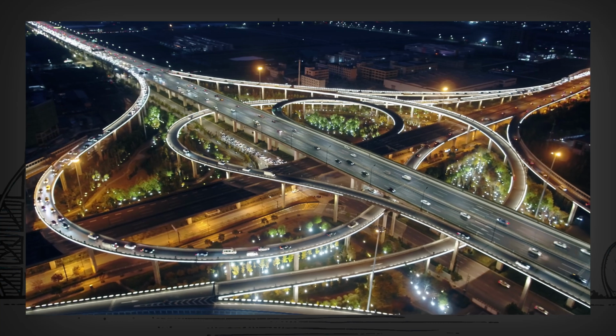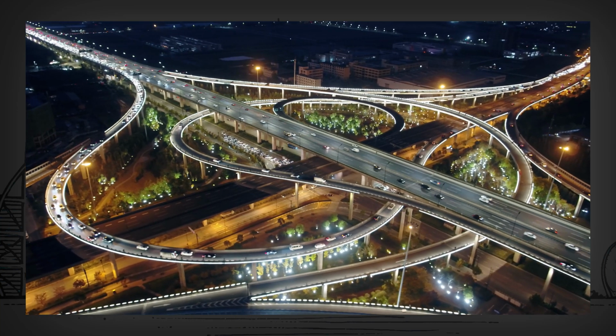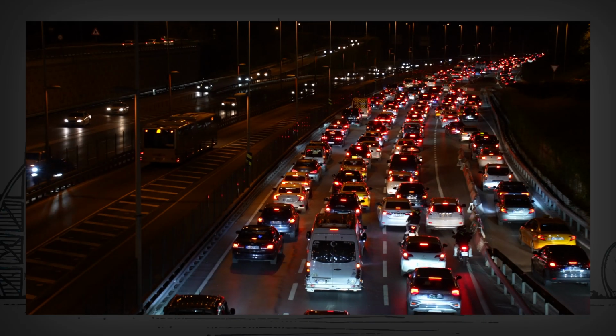We recently worked with a guy who wanted to buy a villa in an amazing Emaar community, and it was a premium location, reasonable price, and on the surface, it looked like a great deal. But when I looked at where the villa was actually located, I noticed something that the developer's agent had conveniently downplayed. The property backed onto the E311, one of Dubai's busiest motorways, with I think around 7,000 cars going across